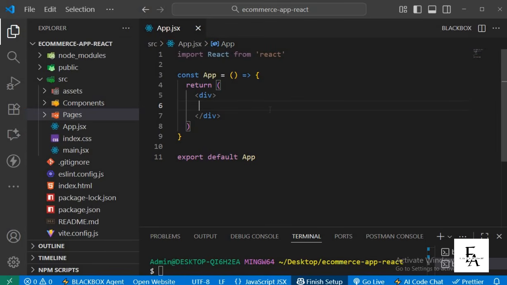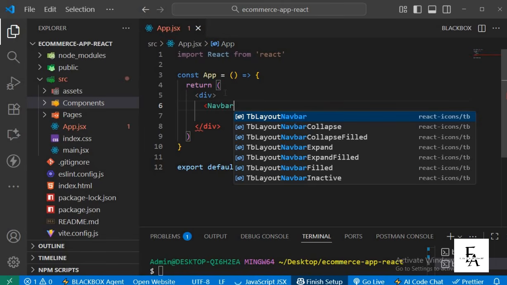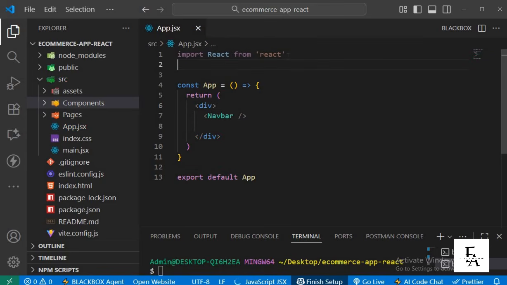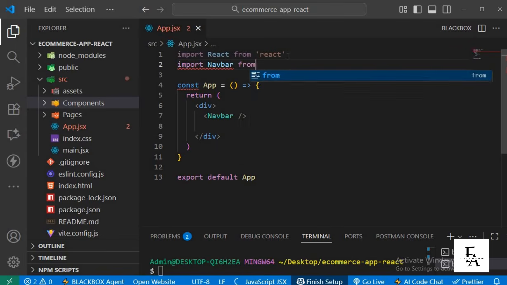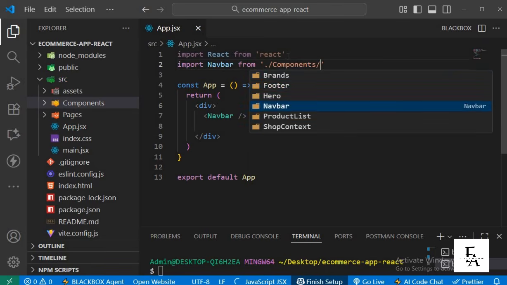So now that I have created the JSX and CSS file for each of these components and the pages, we can now start setting up our website. So now in our App.jsx, we're going to have our navigation bar first because we want the navigation bar to be at the top of all the pages, be it the home page, the cart page, the product details page. The navigation bar should always be at the top of the page. So I'm going to mount Navbar here. I'm going to import it as well. Import Navbar from components/navbar/navbar,